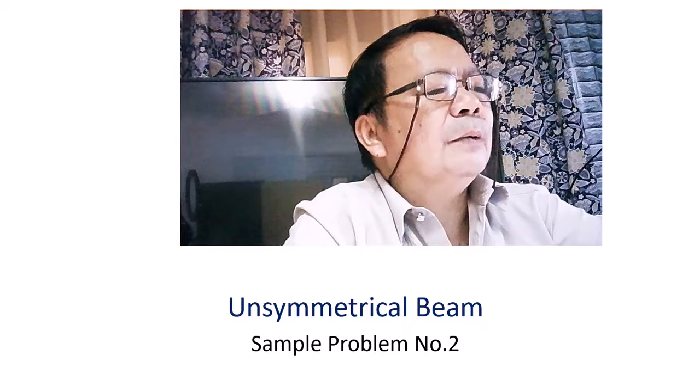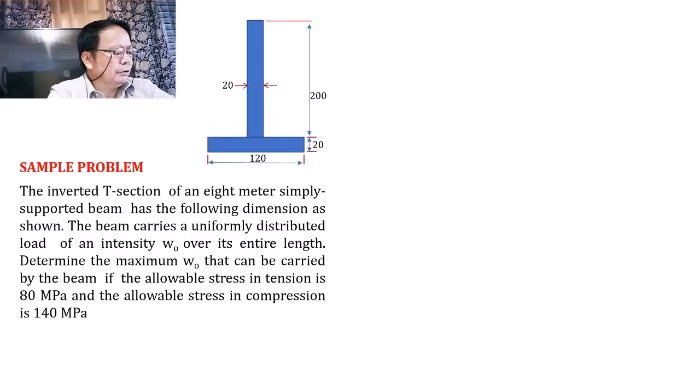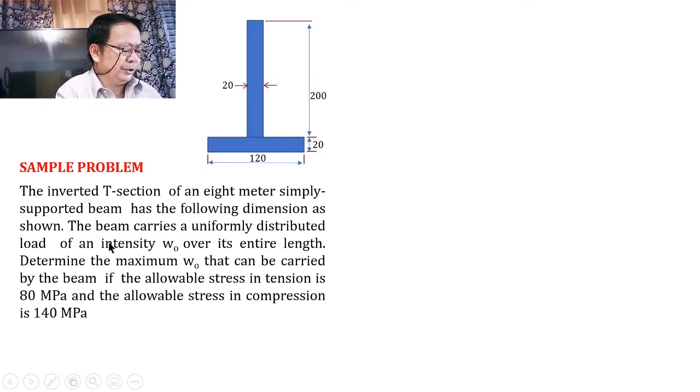So guys, ito yung ating problem. So, the inverted T-section of an 8-meter simply supported beam has the following dimensions as shown in the figure. The beam carries a uniformly distributed load of an intensity W sub O over its entire length. Determine the maximum W sub O that can be carried by the beam if the allowable stress in tension is 80 megapascal and the allowable stress in compression is 140